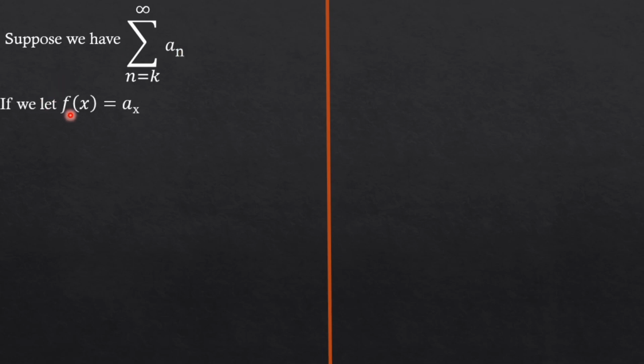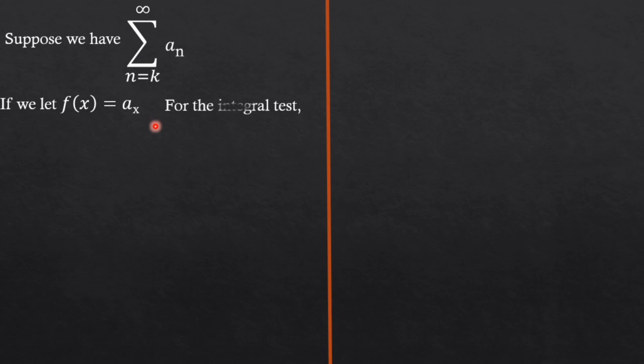All right. So if we suppose that we have some series, let's call it the series as n goes from k to infinity of a_n. The reason why my series has started from k here is because k is any number, because the starting value of a series does not really matter, so long as it is within the domain of the function made from that series. So if we have a series from n equals k to infinity of a_n, and we let f(x) equal a(x), that therefore implies,